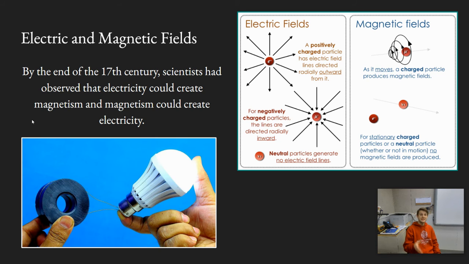But basically, electric fields is having charged particles, and charged particles have a linear direction that they travel in based on what they're attracted to. Negatively charged particles and positively charged particles. They're always going to move in a specific direction, and that direction is not circular. It's in a linear direction. Now,